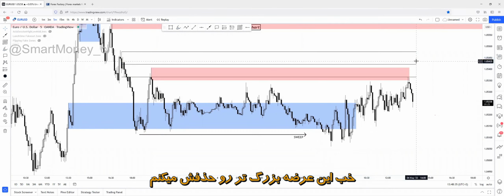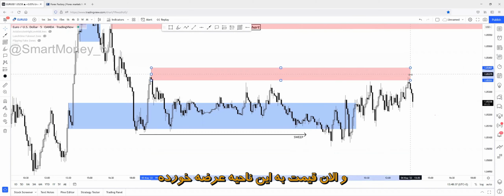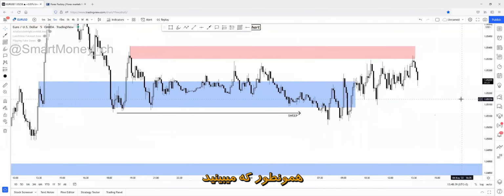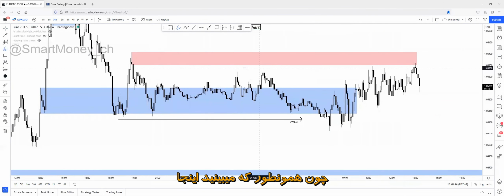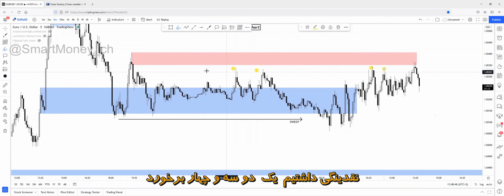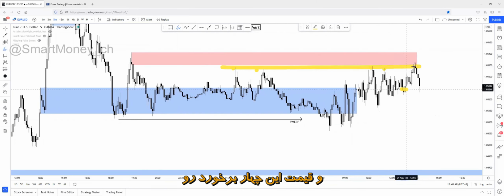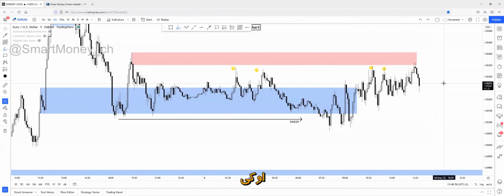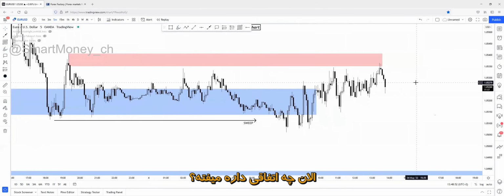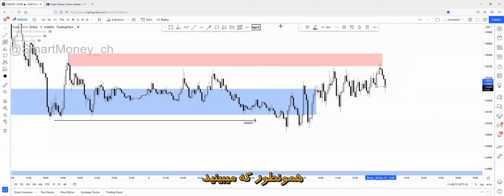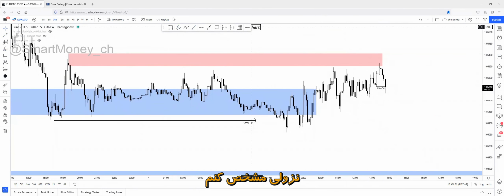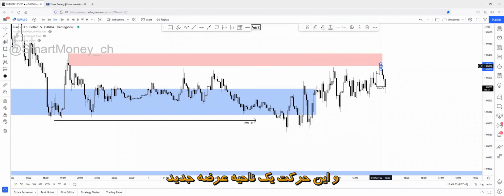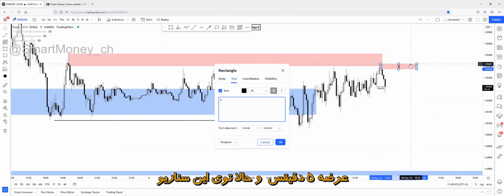So let me just remove this higher supply, and this supply has been tapped, as you can see. The liquidity has been swept into this supply because there was liquidity, as you can see, first, second, third, fourth tap, and these 4 taps have been swept into this supply zone. Okay, what's happening right now? Actually, the character change movement on the 5-minute chart is happening, as you can see. So let me just mark it as a character changing movement to the downside, meaning there will be a new supply zone on the 5-minute chart. This is a 5-minute supply zone.